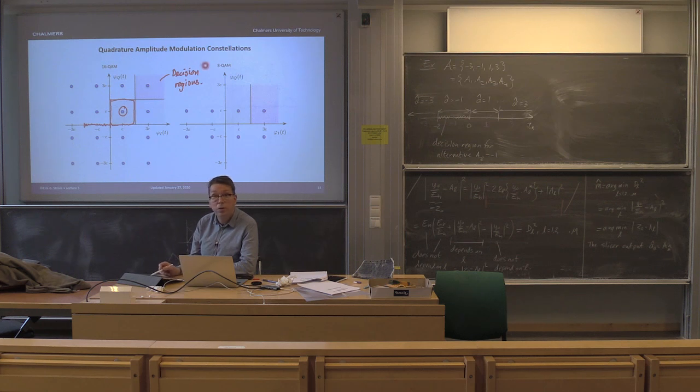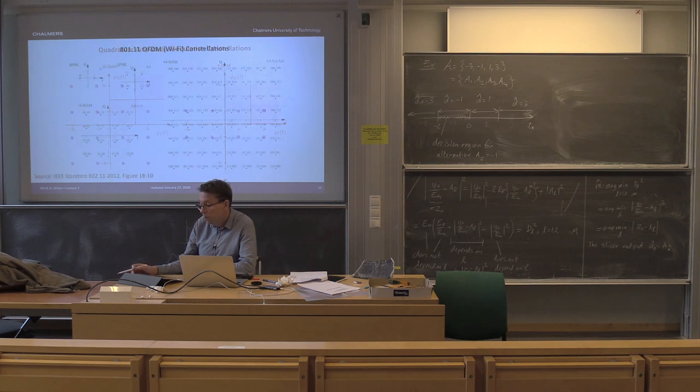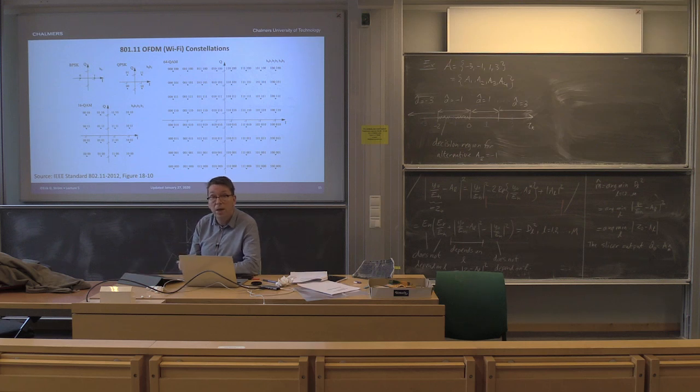These constellations are used quite heavily in practice. Wi-Fi, for instance, has these types of constellations. It actually has a bunch of different constellations depending on the channel conditions. When you open your laptop, you get different data rates depending on how close you are to the base station and how many are sharing the channel. One thing that matters is how good your signal-to-noise ratio is. And then one can go from the simplest constellation, which is just 2 points like this, to a constellation that looks like this, 64 QAM,